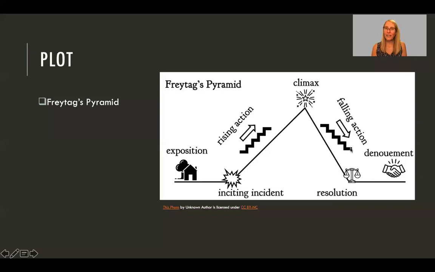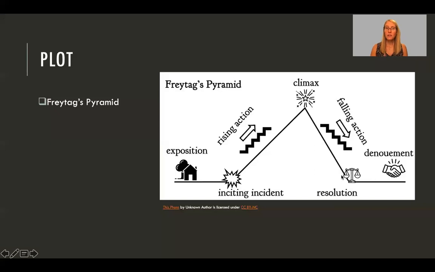After that, we have falling action. Again, this might be very brief. It might be very long. And those are the little moments where we get to see the fallout from that climactic event or decision. And we're able to see how the narrator or characters are processing what's happened to them and the other decisions that are made in response to that. This can be the period of time where we're beginning to see that growth of character, and we're understanding how everything that's happened in the story so far is changing that person or people or place.